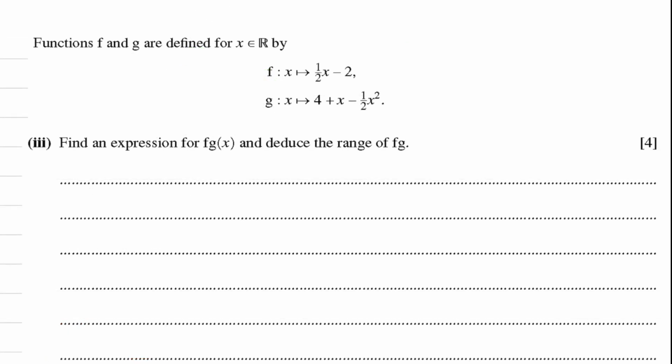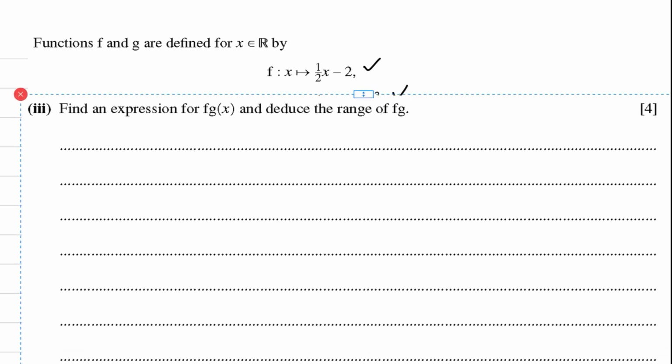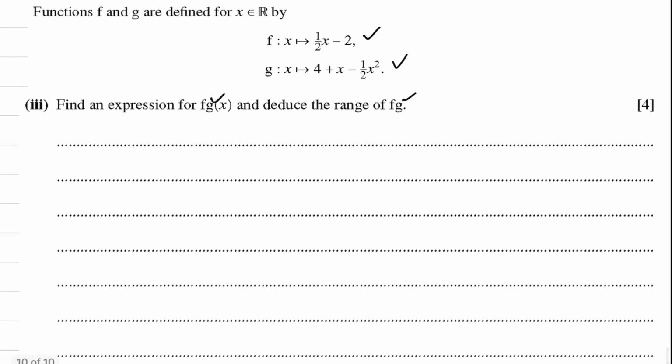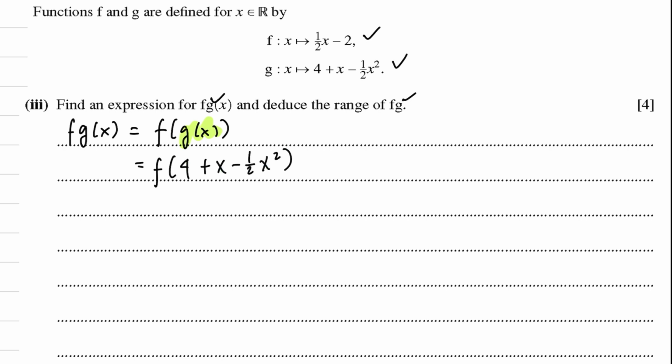Let's solve the last question in this video. We have two functions, f(x) and g(x), and we want to find fg(x) and the range of fg. So first things first, we write down fg(x) is equal to f in the bracket g(x). And what is g(x)? g(x) is just 4 plus (x minus 1) over 2x squared. And this big guy, we substitute into our little x here on the f